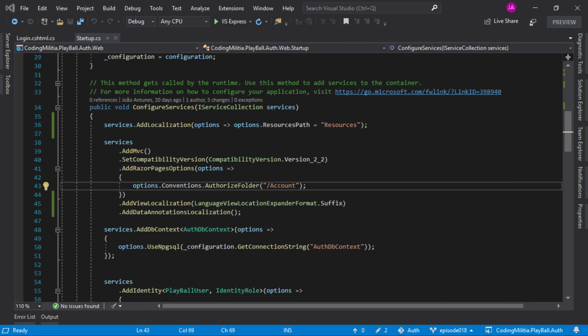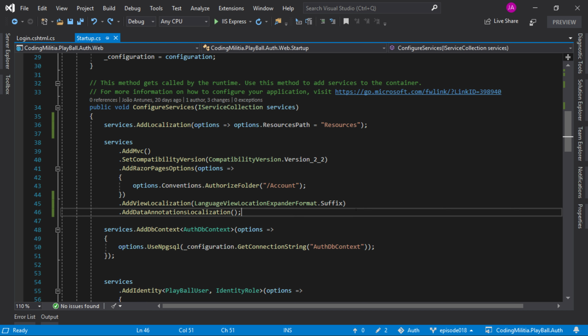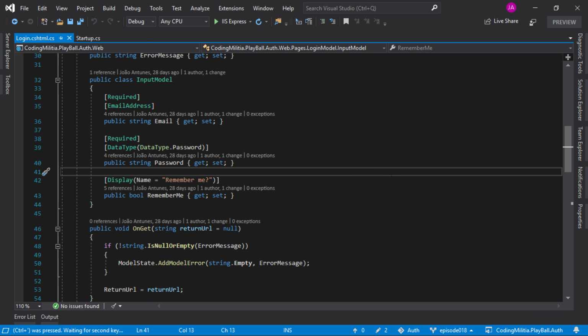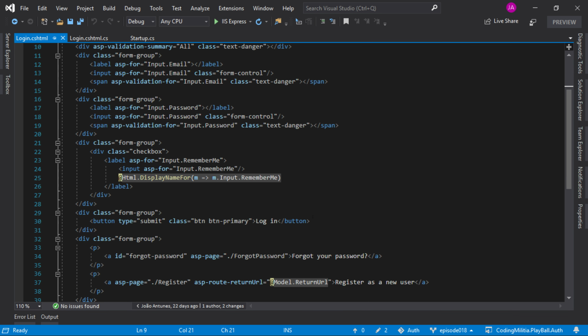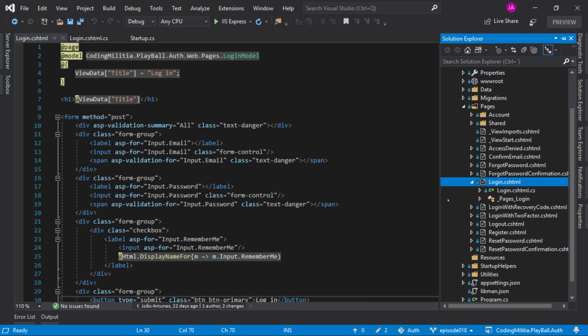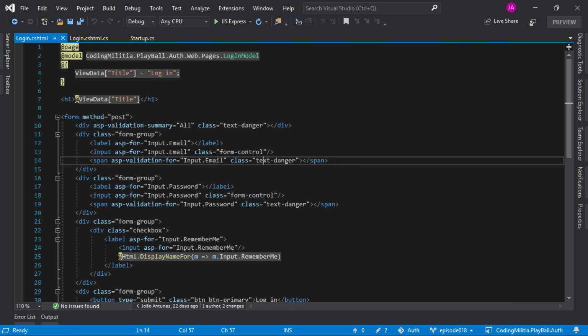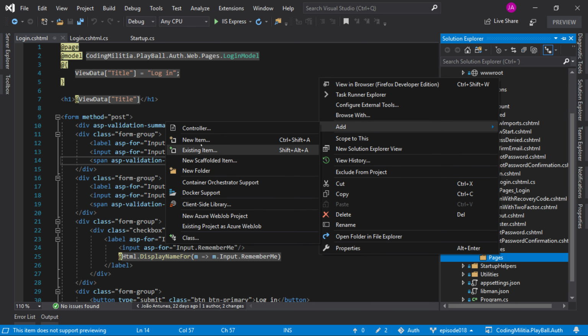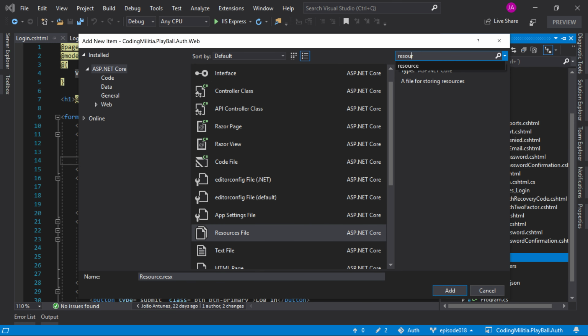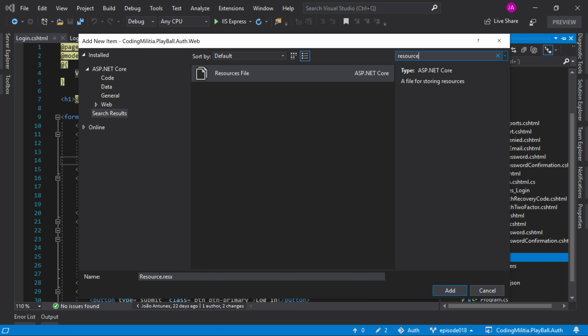So let's start with some view localization maybe. Let me open the view. Okay, forgot password. Seems like a good candidate. So in the resources folder, we'll basically mimic what we have here. So resources, add folder, pages, and then we'll create a new item, which is a resource file,